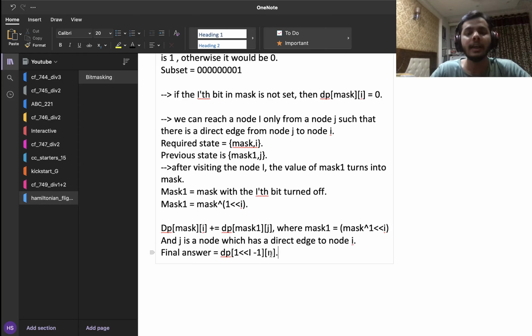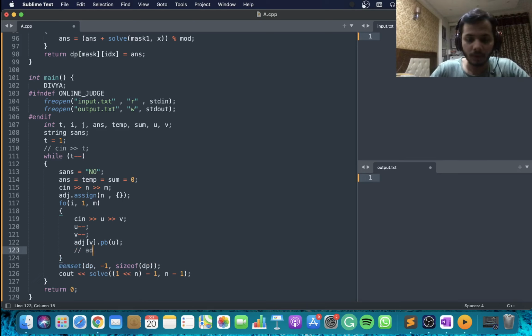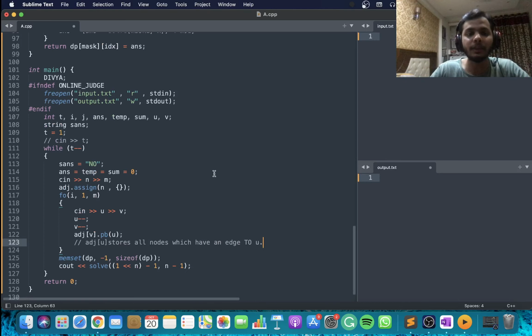And now the adjacency list of a particular node u is just storing all the nodes which have a direct edge to u, right? So adj of u stores all nodes which have an edge to you, not from you, right? So that just makes it easy for me to handle my transitions, right?